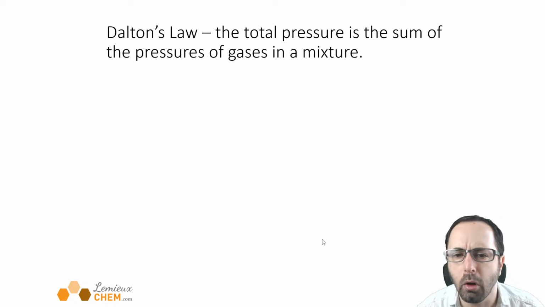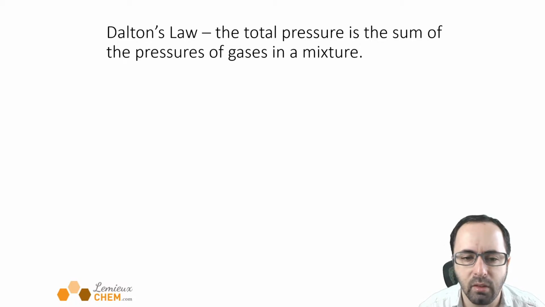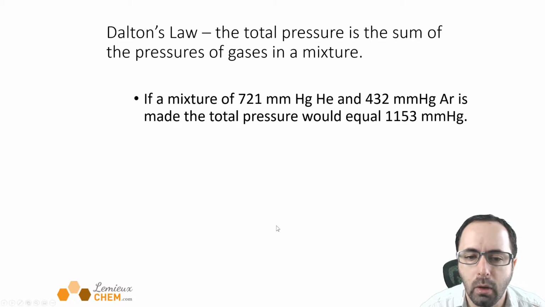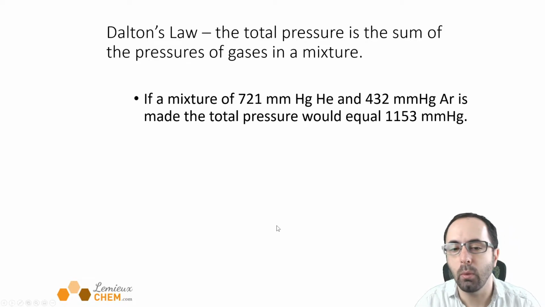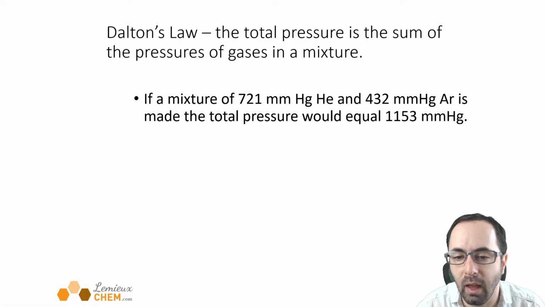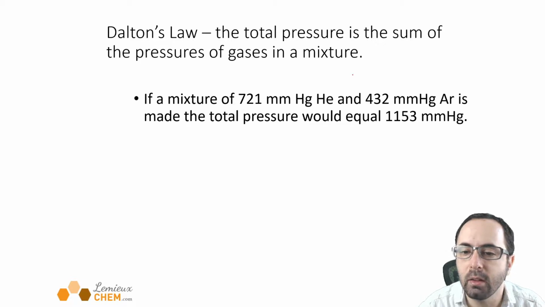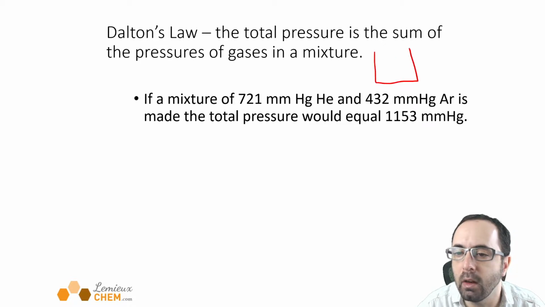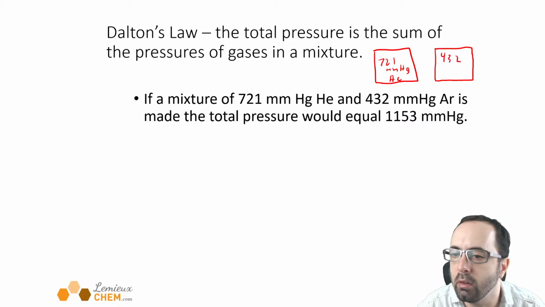So Dalton's law of partial pressures says the total pressure in a mixture is the sum of the pressures of the gases in the mixture. So let's say we have two sets of gases here. We've got a container right here, and that container has 721 millimeters mercury of helium. And then we've got a second container here that's exactly the same size, and its pressure is 432 millimeters mercury,